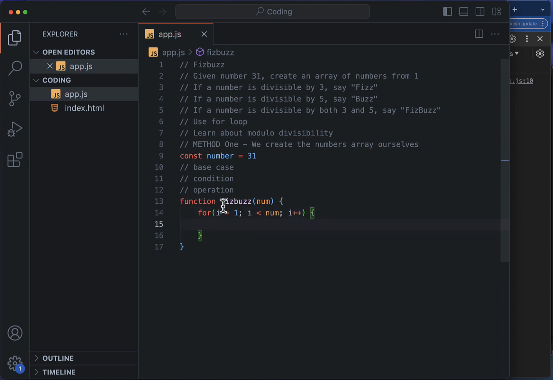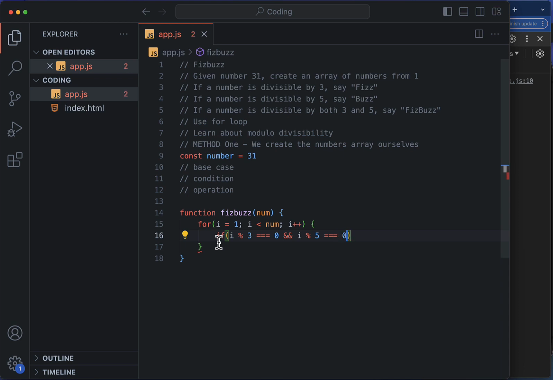So I goes from 1, so long I is smaller than 31 or any number that we give it. Now we have an array of numbers which consists of something like 1, 2, 3, 4, up until 31. Okay. Now how do we check for our Fizzbuzz? Well, we say if I divisible by 3 is equal to 0 and I divisible by 5 is equal to 0,